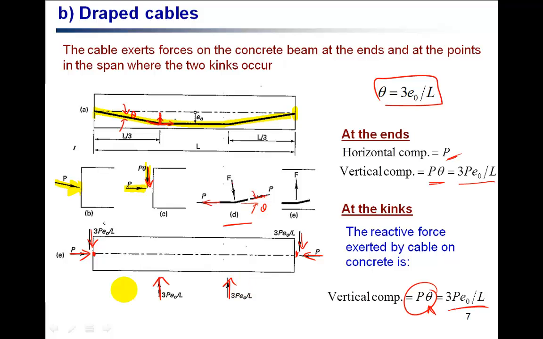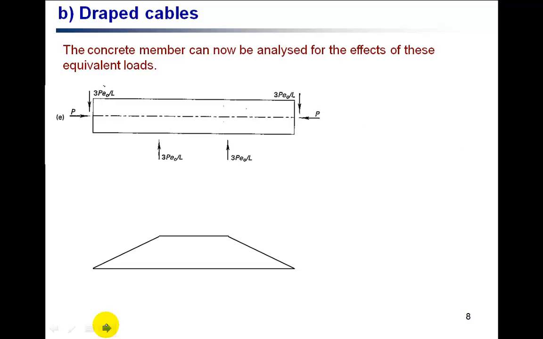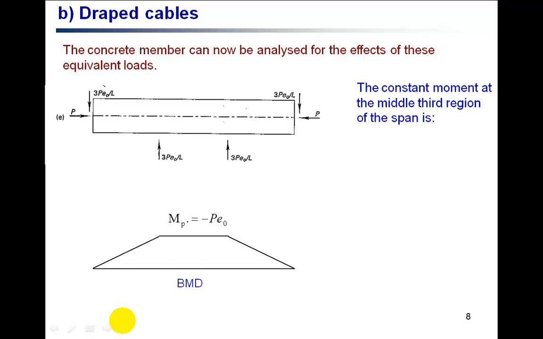So these are the forces transferred from the tendons on the concrete. Now, with this force condition, it is basically like a concrete being subjected to 4-point loading. So we can draw a bending moment diagram like this one. And as for this load condition,